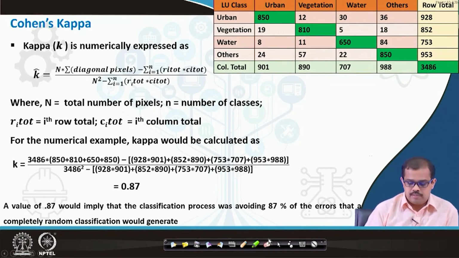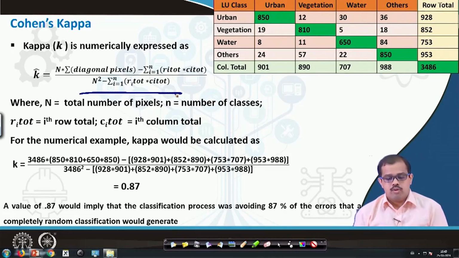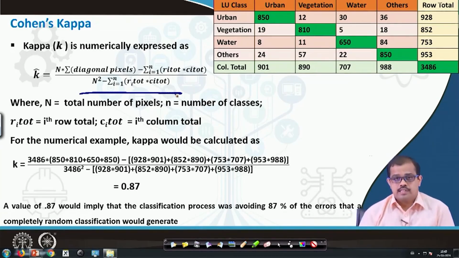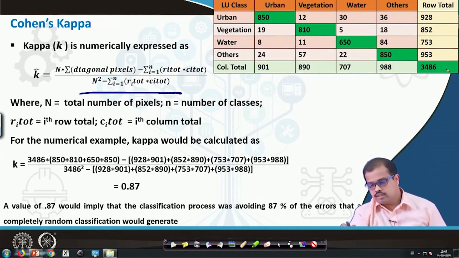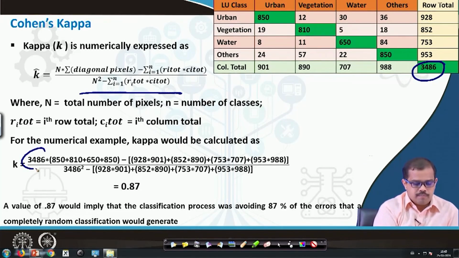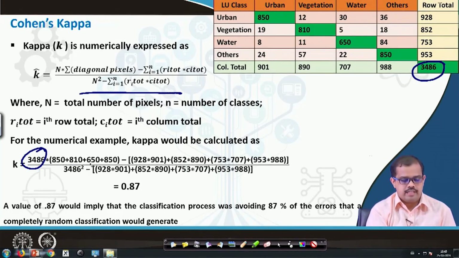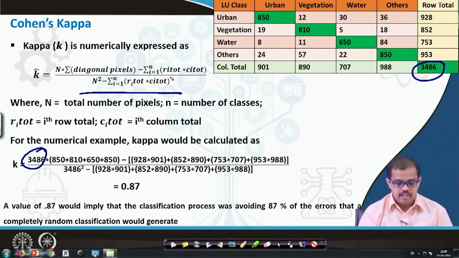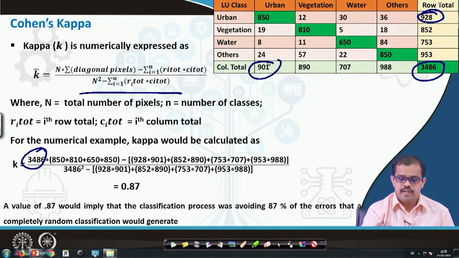Kappa is calculated by this particular formula that is represented here. Now, if the same table is considered for this analysis, this is the total number of pixels. So the total number of pixels multiplied by the correctly classified pixels, that is 850, 810, 650 plus 680, minus 928 cross 901, which means the row total 1 multiplied by the column total 1,